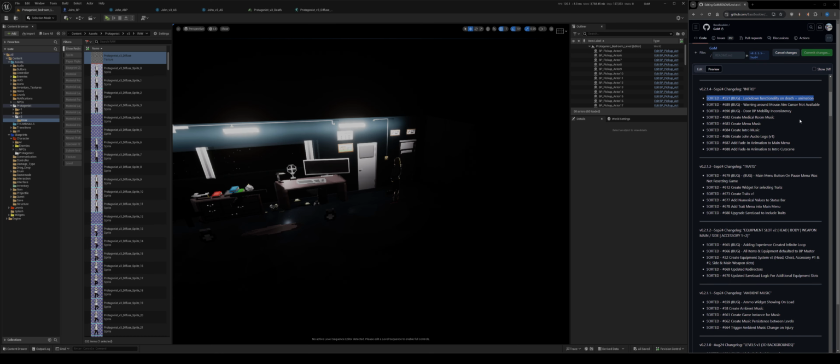Right, on to the next bit. So, warning around mouse cursor not available. Right, let me show you this. So essentially when I play it, you get the usual thing where it pops up on the left going, oh hey, there's a warning or there's an error. So this was a warning. It related to